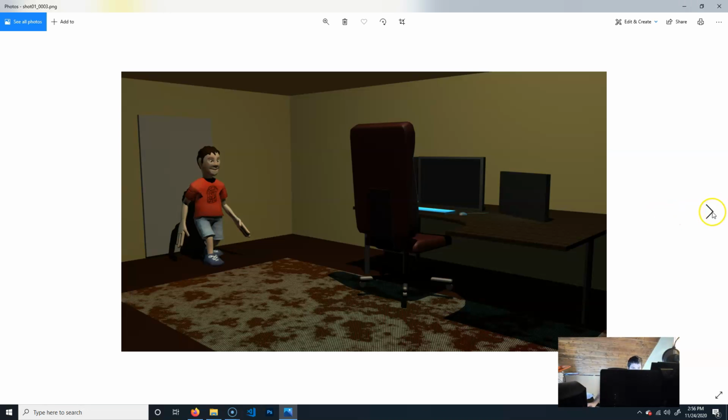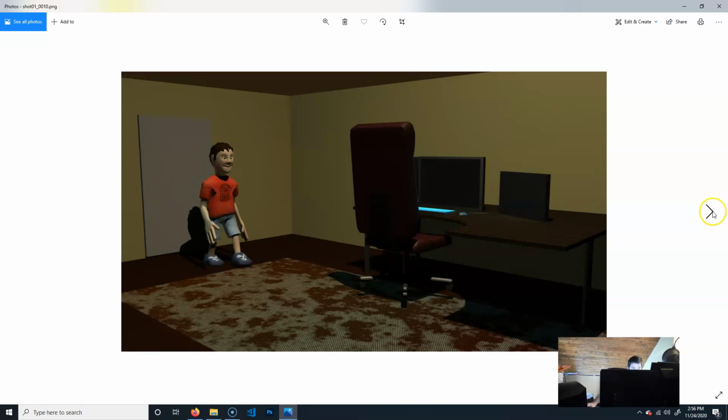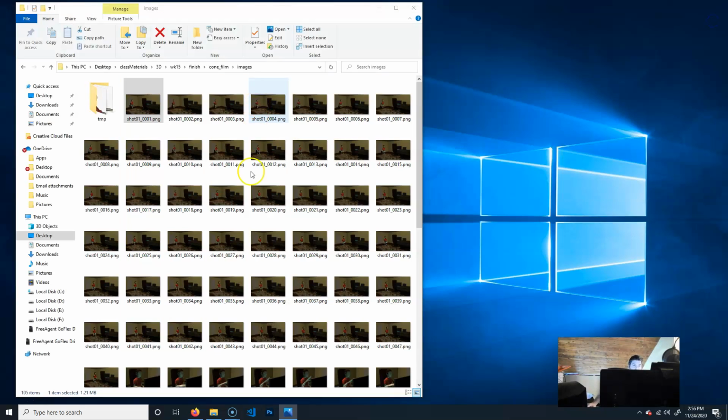if I click this very quickly, you can kind of see him moving. Okay, so basically each one of these frames is part of that video. But you don't export videos out of Maya for various reasons. So that actually doesn't really work, right? I mean, it's cool to have some rendered pictures, and that's great, but I actually want to make them a video. So what we're going to use is actually a program called